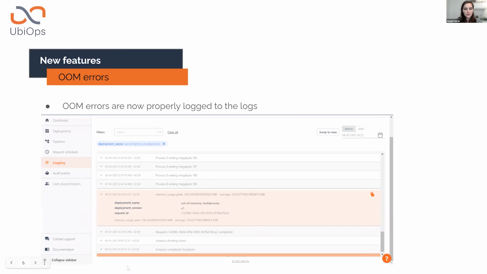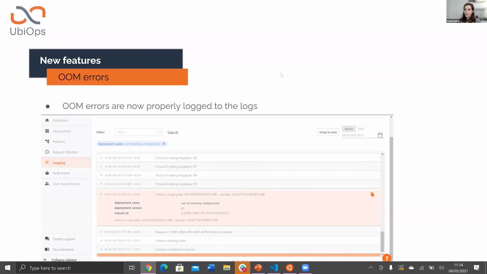And one smaller thing we've also done is the out-of-memory errors. Out-of-memory errors are notoriously hard to catch, and we wanted to give our users a bit more insight in this so that they can allocate more memory to a deployment if needed to avoid these errors. So what happens now is that if you have a deployment that doesn't have enough memory allocation for the job it needs to do, and you make a request to it and it crashes because it doesn't have enough memory, then in the logs, we will log the following message,